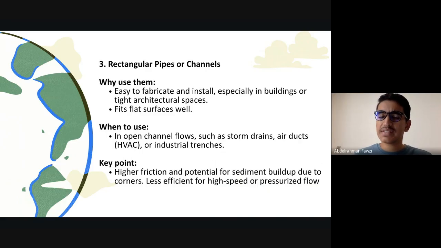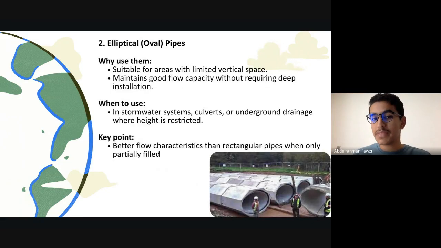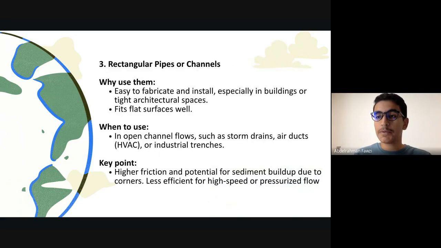Why is that? Because these systems are not pressurized. They have gases, and these gases don't have very high internal pressure, so they are not going to cause lots of friction. They're not going to cause lots of tearing and then result in maintenance costs. This will not happen. So we use rectangle pipes for this cause, and also they are very area effective. They are even more effective than the elliptical pipes. You can implement them very easily inside buildings. That's why we use them.